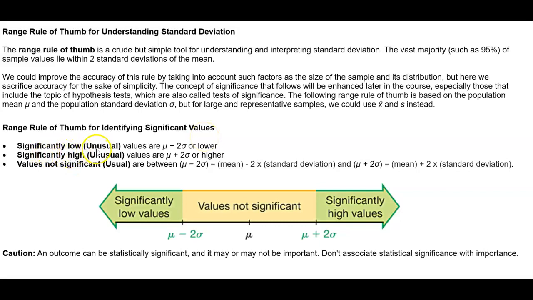Significantly low values, also known as unusual values, are the mean minus 2 times the standard deviation or lower. Significantly high values, also known as unusual values, are the mean plus 2 times the standard deviation or higher. Values that are not significant, which are usual, are between